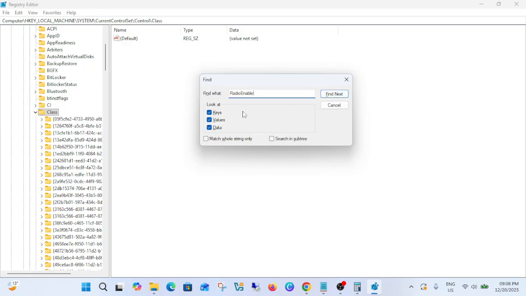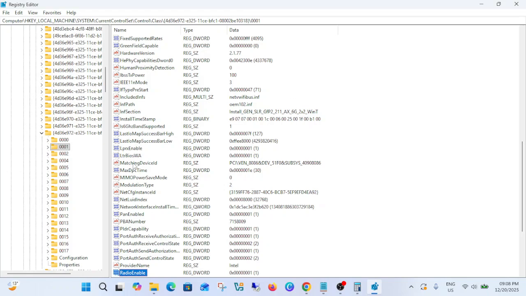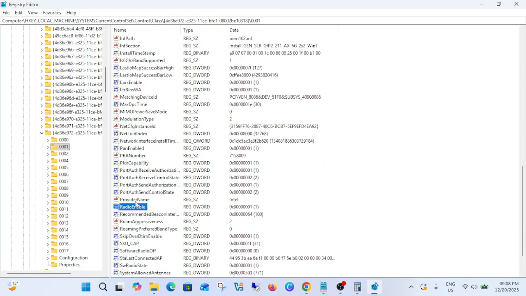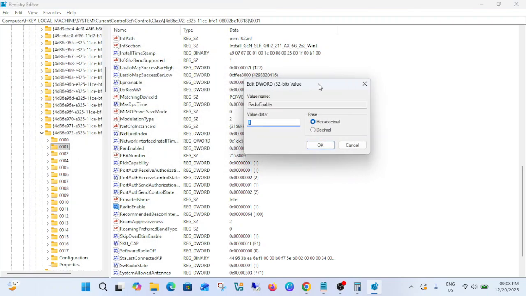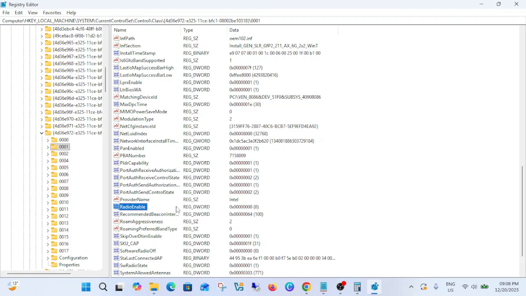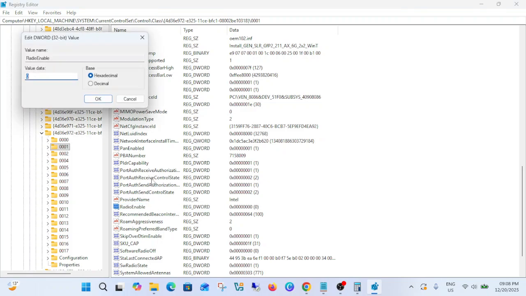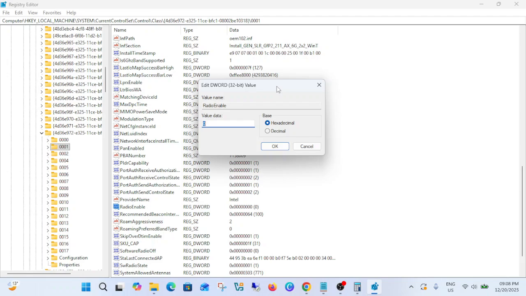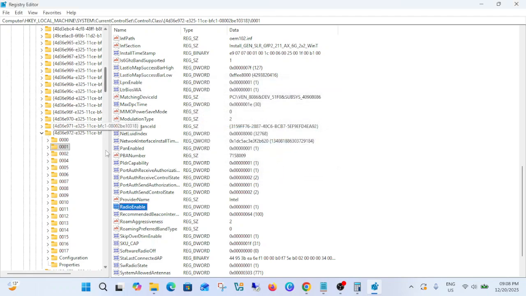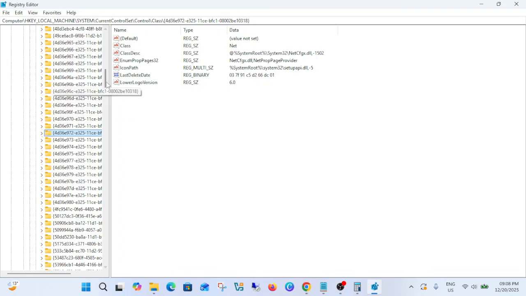Click on Find, make sure all the boxes are ticked, and now it is under this. You need to double click on it and make sure its value is 1. If it is 0 like this, it is not going to work. You need to make sure its value is 1 here, and once its value is 1, close this